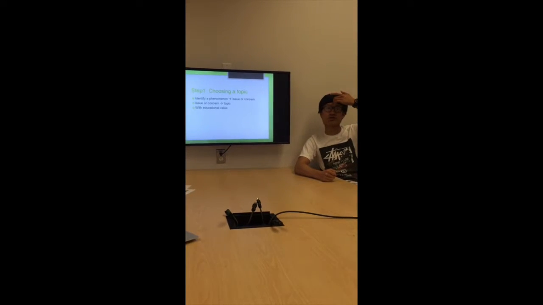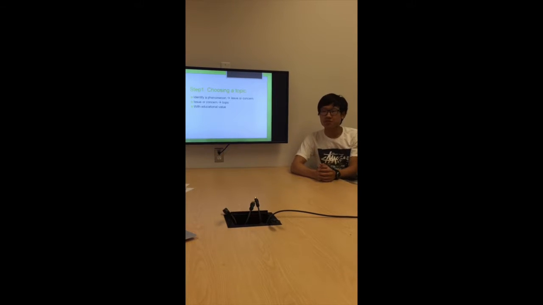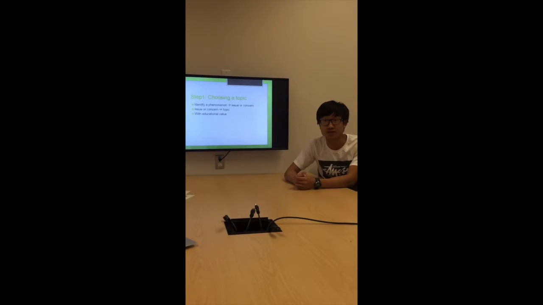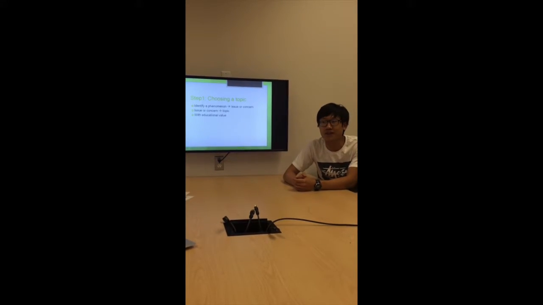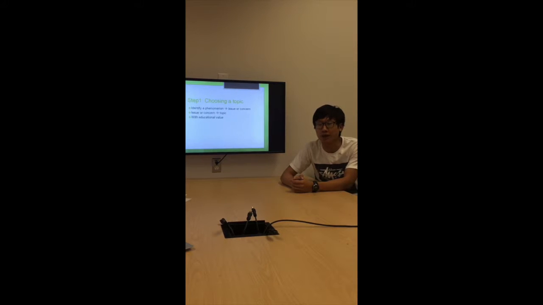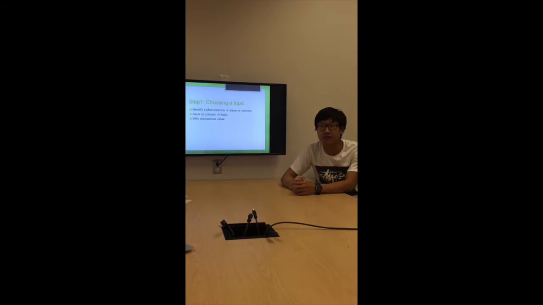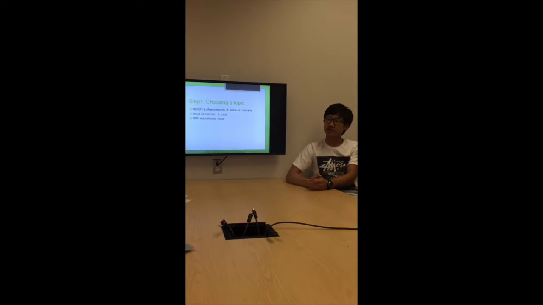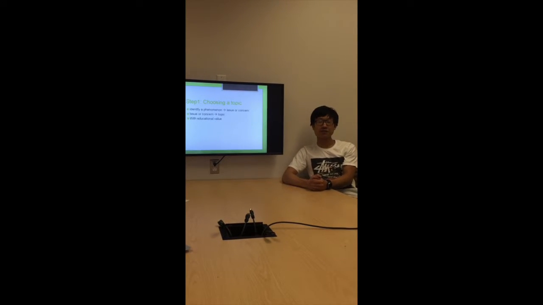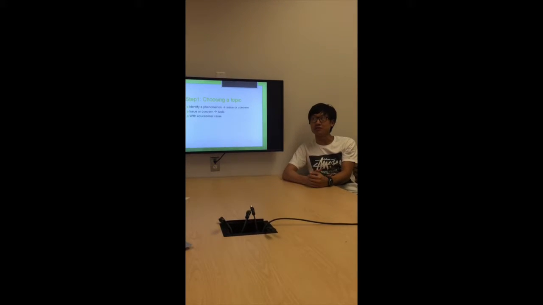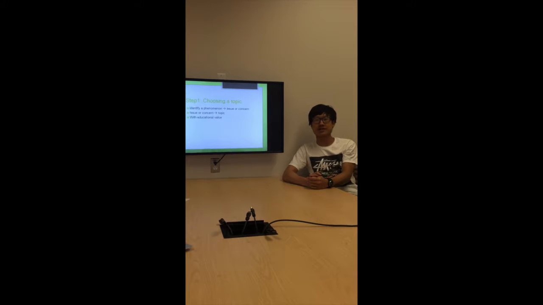Step 1, we should choose a topic first. We should choose a topic with educational value. How to choose a topic? Firstly, you should identify a phenomenon that you are worried about. You need to identify an issue or concern in the phenomenon. This issue or concern will be a topic. For example, if you are worried about the bullying situation, the bullying phenomenon in the educational system,